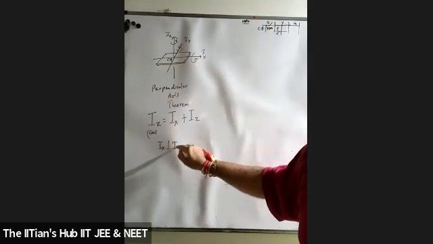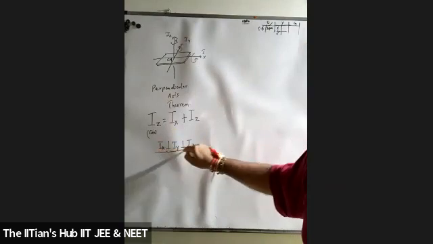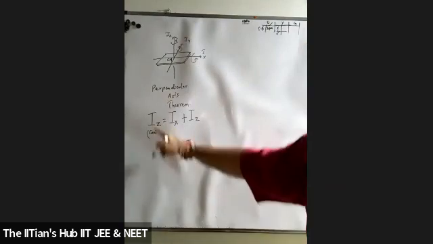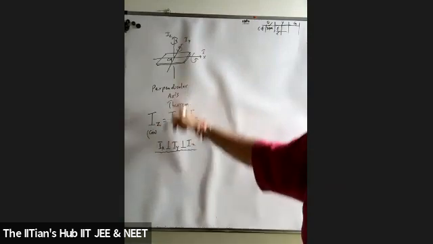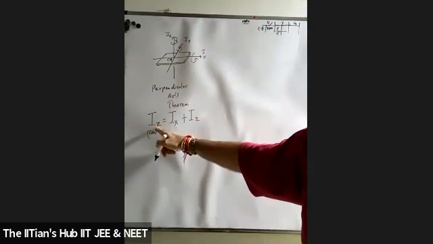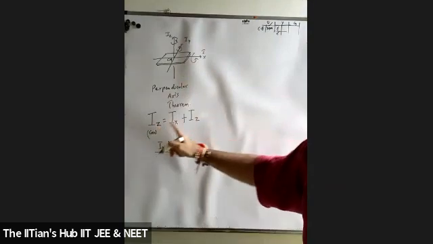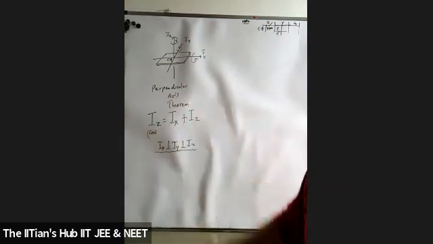Iy, Iz, all three are mutually perpendicular to each other. So Iz is equal to Ix plus Iy. This is called the perpendicular axis theorem. What is the statement? The moment of inertia about an axis perpendicular to the plane of the lamina, students, is equal to the sum of the moments of inertia about two mutually perpendicular axes,